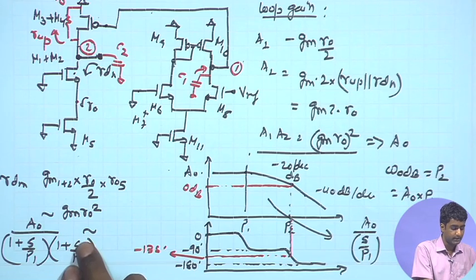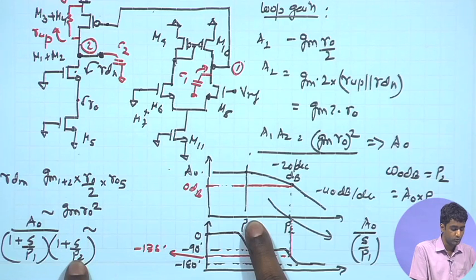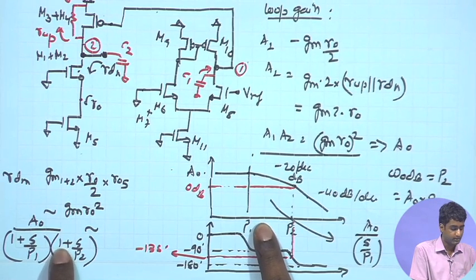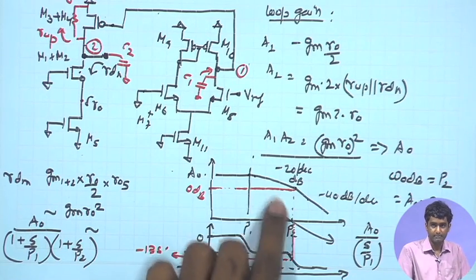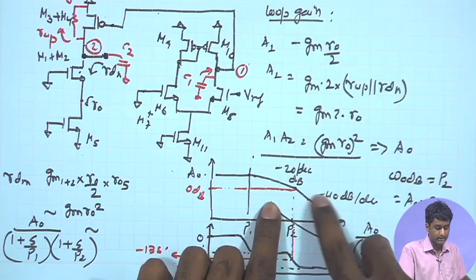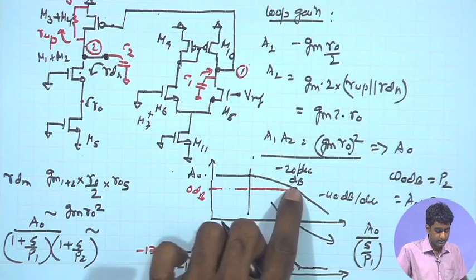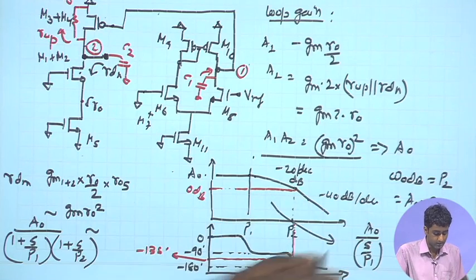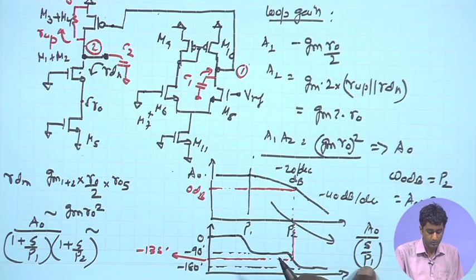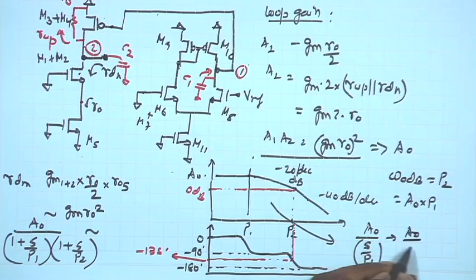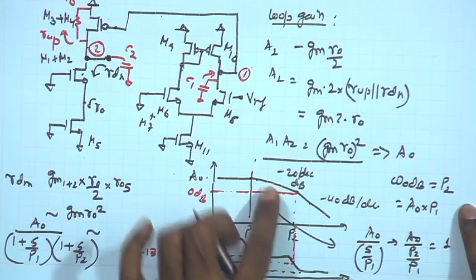Second factor, we are assuming that the omega is still much lower than P2. As a result S upon P2 can be ignored with respect to the 1 over here, and the second factor just gives me unity. So I have A naught upon S upon P1 left in this particular region. And if I assume that this expression is valid till I approach P2, it is just an approximation. So, we can say that at the particular frequency P2, we have this overall gain magnitude given by A naught P2 upon P1, and that should be equal to 1. So, we need to have A naught P2 upon P1 equal to 1,